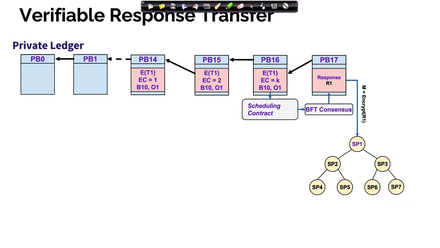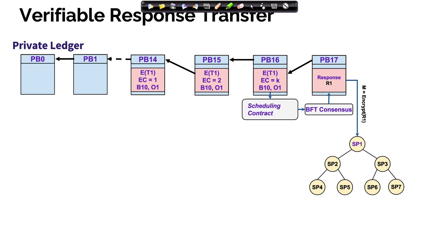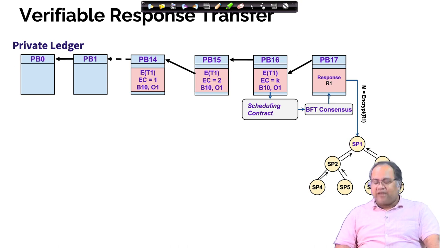Now, once this response is added to the blockchain, I need to transfer that response through this multi-signature scheme. For this multi-signature scheme, we use a tree kind of structure among the service providers. Through this tree structure over the service providers, the message is propagated from one service provider to the other nodes, and then following the standard CoSi protocol, the signature is generated, and this signature is collected in the reverse direction. This part is pretty similar to our standard CoSi protocol. That way we get the aggregated signature.